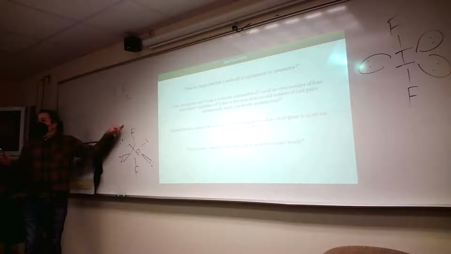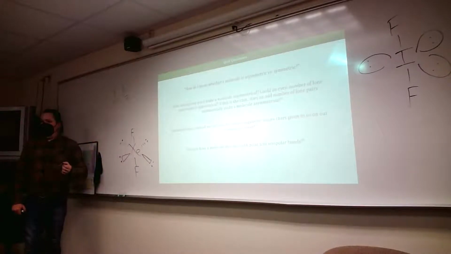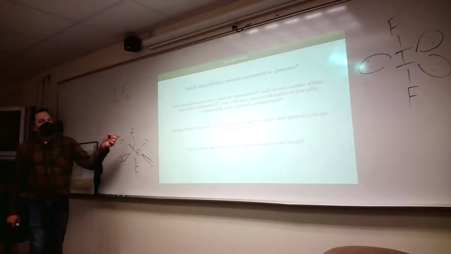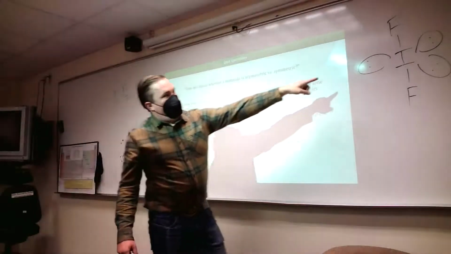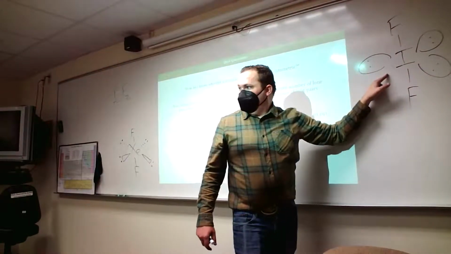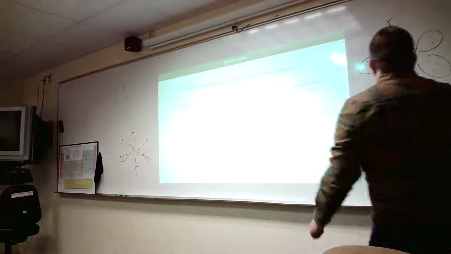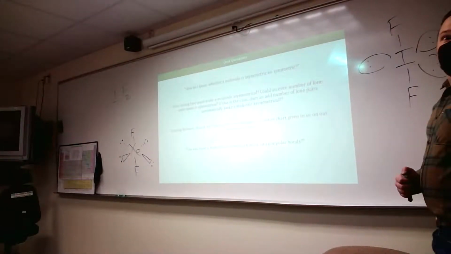But for the most part, if it's tetrahedral, we don't have to worry about this. There is no way that you can have a lone pair on something that's tetrahedral and not have asymmetry. It really only shows up in these 2 cases: when you have something octahedral with 4 lone pairs, or something trigonal bipyramidal with 3 lone pairs. And the second we change this formula, so iodine tetrafluoride